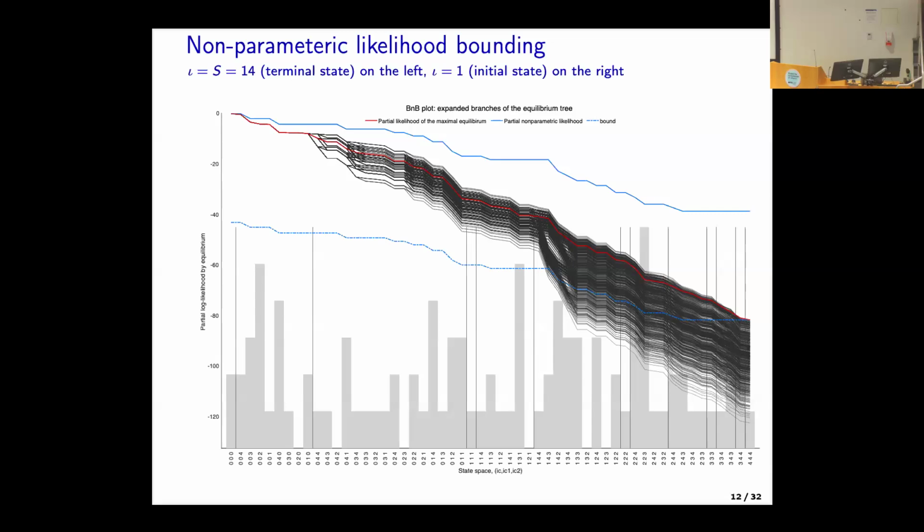And so if we do that, and if somehow we knew which equilibrium has maximum likelihood over here, and I just parallelly move that blue line to match it over here, this amount of computations under the blue line here is what I may hope to not do, right? Because I'm using the blue line to continue my partial likelihood all the time. So if I knew the red line right from the start, then I would never have to go into this region here. Is it clear? Yeah.